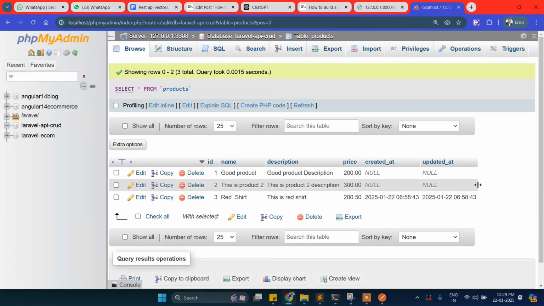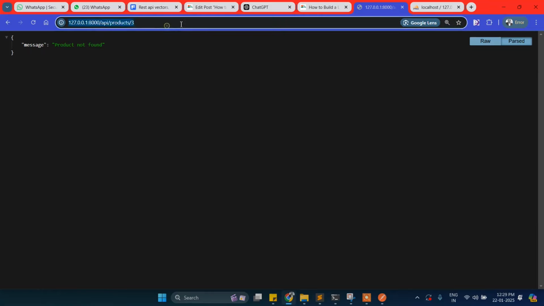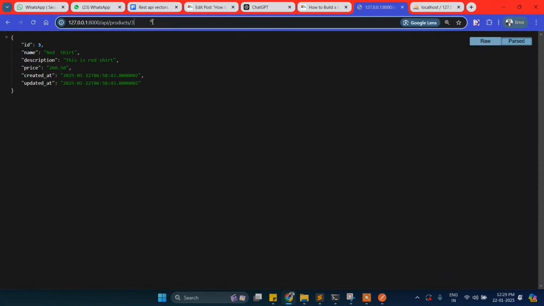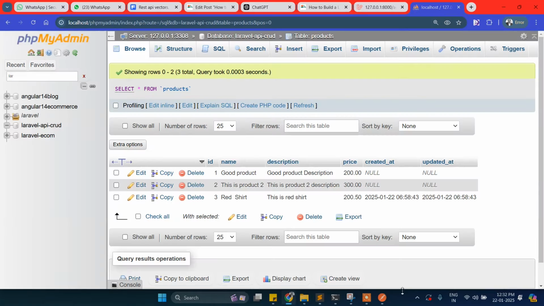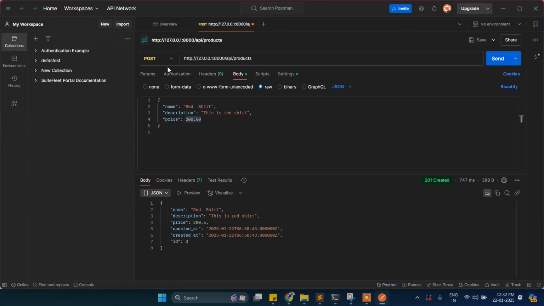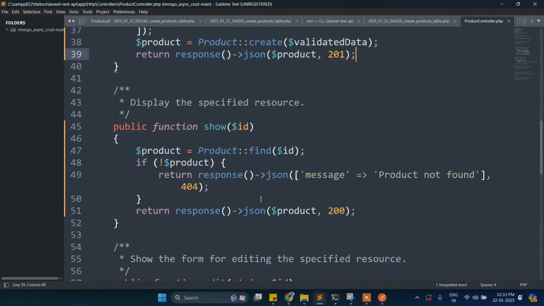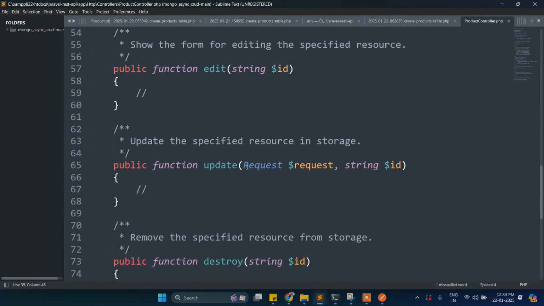So guys, as you can see, if you put here product ID 3, then it shows it. Now if I want to delete any one of these, then what you have to do is go here, select delete, and then pass the product ID. So if I pass 1 here and send, then product. Okay, one more thing, once again, delete is not working. Why? Because we have to add code here